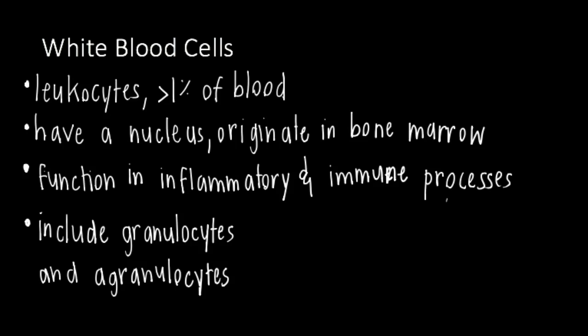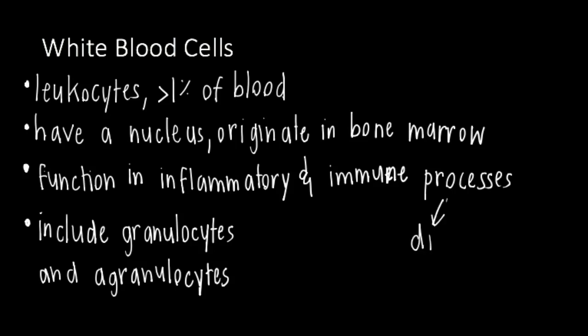Secondly, white blood cells are also known as leukocytes. They have a nucleus and they originate again in the red bone marrow. They can live up to a few hours or even up to a year. They circulate throughout the lymphoid tissues. And mainly, their function in inflammatory and immune processes is conducted by